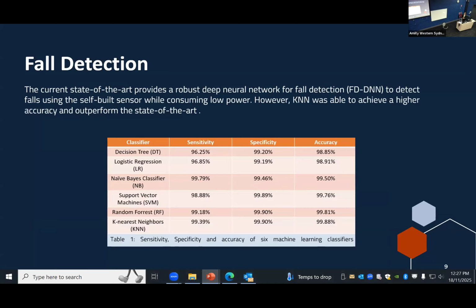So 6 machine learning techniques were used, and as you can see, we got accuracy of 99.6, 98.9, basically 99.9%. You can predict accurately that the person falls. But the issue is, what happens when the person falls? What can you do before the person falls? So we have developed the sensors that can tell us.